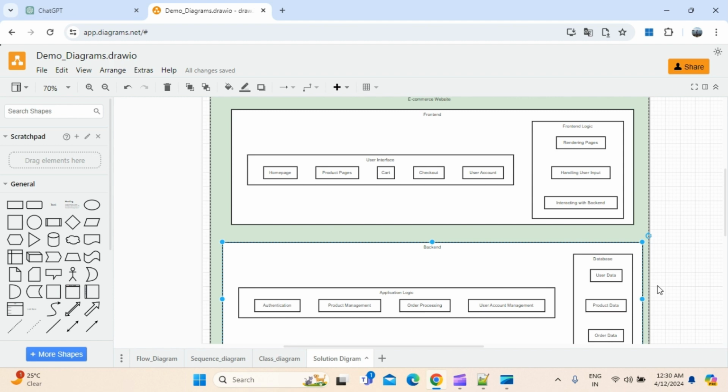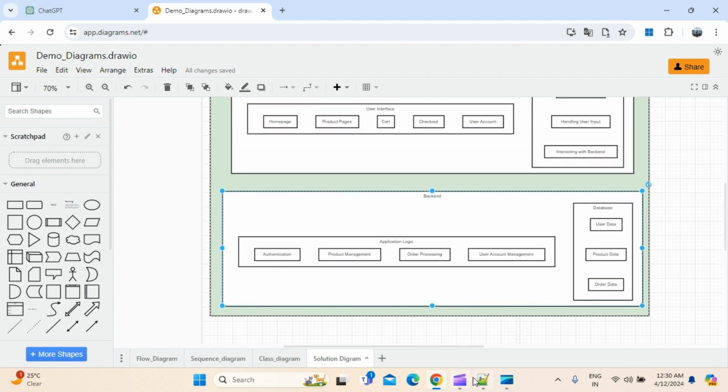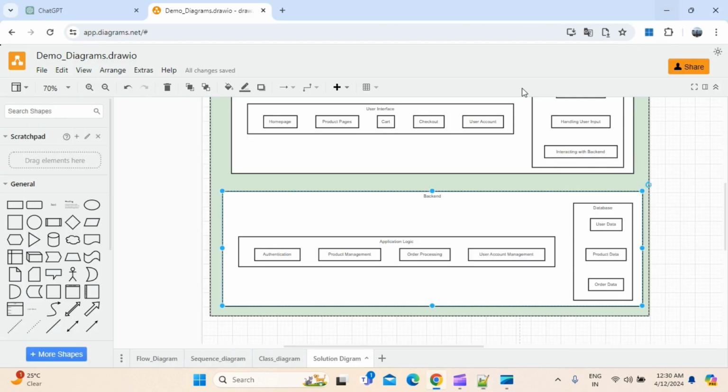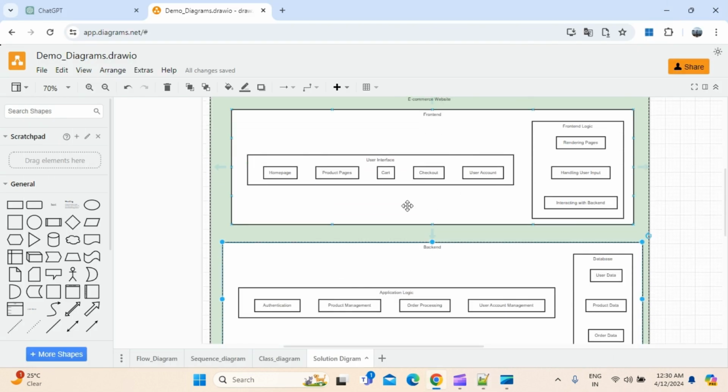On top of that, you can add your own component layers or whatever is required, right? So you can modify it, you can modify this as well. Now, this is about the solution. Now let's go and try one more. Then you can generate the same with style and without style. As I mentioned, style is not supported here, but you can use it,